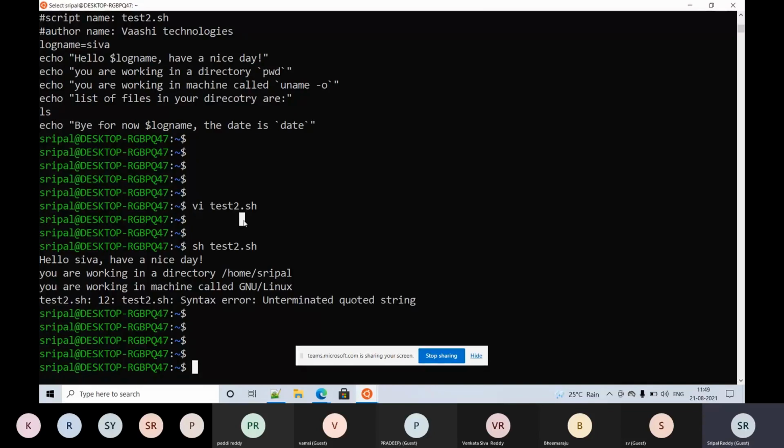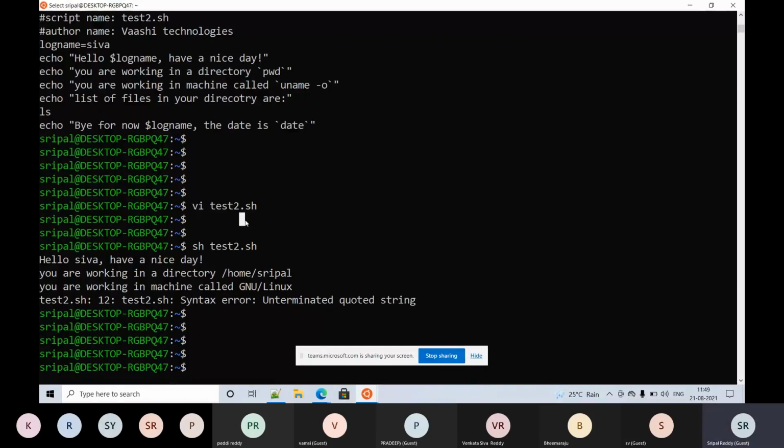The intention is to make you understand that shell scripting is an interpreter based language. It interprets the program line by line and errors out when the error occurs during the execution of the program, right?